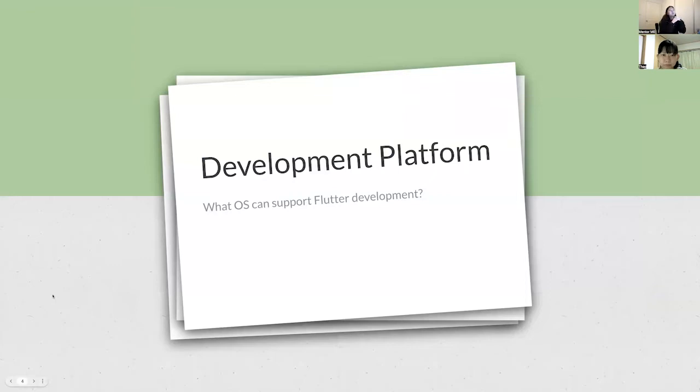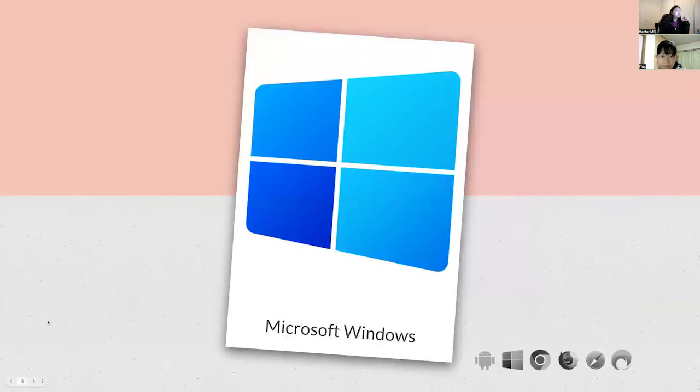Okay, so we talk about the development platform. This is the computer operating system that you can start working development on. We have two most famous development platforms: one is Windows and one is iOS. Basically, Flutter development can work on any platform, any OS, but there's a catch, because Flutter can write the code for Android, iOS, Chrome, web,